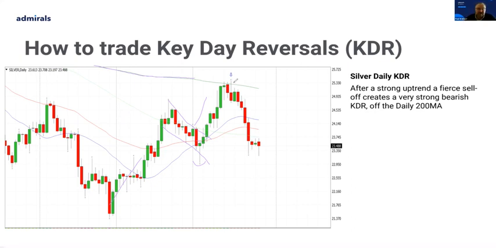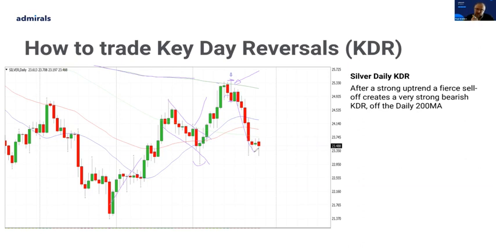And then what do we print here on the silver chart? Price pushes to a new high. It's clearly pinned against the 200, but price pushes to a new high during that session, but it just rolls over, collapses, and falls away and closes beneath the low of the previous session's candle. So that is a bearish key day reversal. Also happens to be an engulfing candle. Also happens to be a pin bar as well, a rejection candle. What happens is the next day it tries to push up again, it can't, and Bosch, off we drop there. And we get a significant drop.